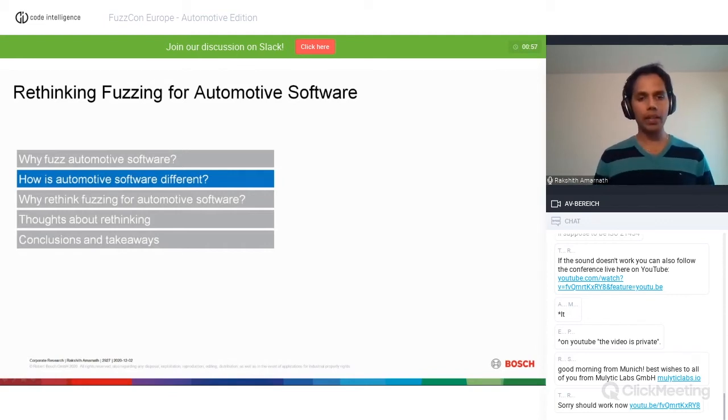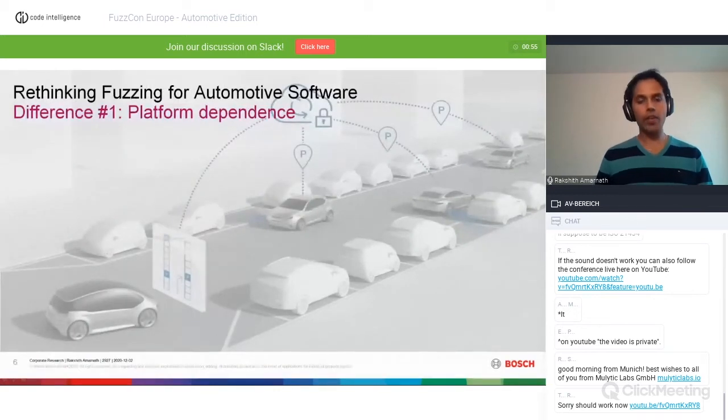So the first one is a classic case where, for most embedded software, that's that of platform dependence. So if you already know highly portable software, which is more or less in the IT or web domain, welcome to the world of embedded software, where the software is very highly platform dependent, or you could even say it's very patriotic. So what makes embedded software a bit peculiar, and what challenges or impediments arise due to such an entanglement with the platform is what I'm going to talk about next.